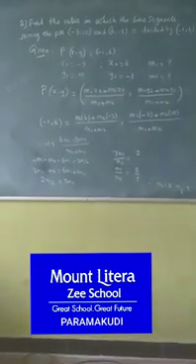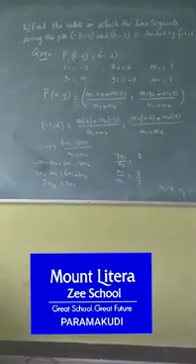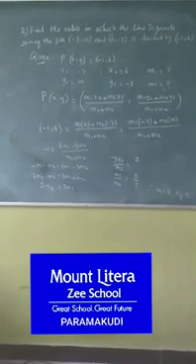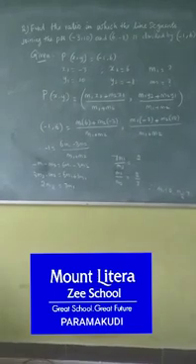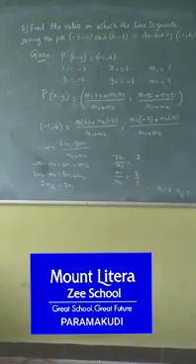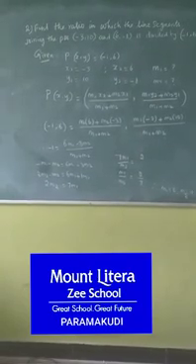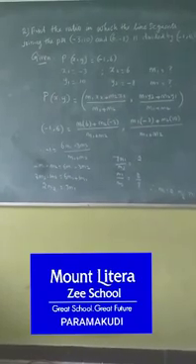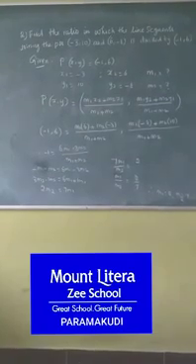Now the second question: find the ratio in which the line segment joining the points (-3, 10) and (6, -8) is divided by (-1, 6). So here listen, students, they are asking for the ratio. It means they are asking for the m1 value and m2 value. So first of all, I want to write the given values. The points they gave, (-3, 10) and (6, -8), are the given line segment. So I write x1, y1 and x2, y2, and the next one, (-1, 6), represents the given point. So P of (-1, 6).